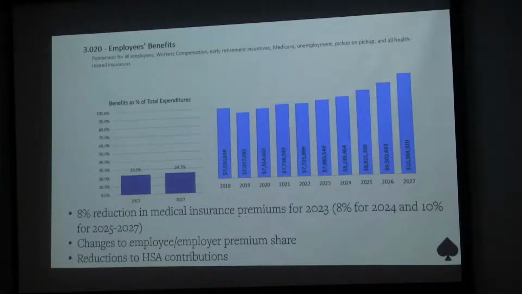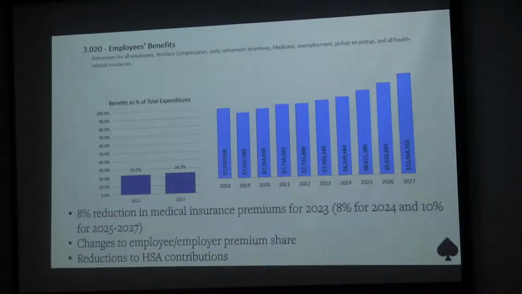Same impact on benefits, plus some, right? So as you add staff, you're adding most likely insurance plans to go on top of that, plus retirement and Medicare percentage of salaries. But medical insurance premiums are quite unpredictable and tend to increase at a rate higher than the rest of our other line items.